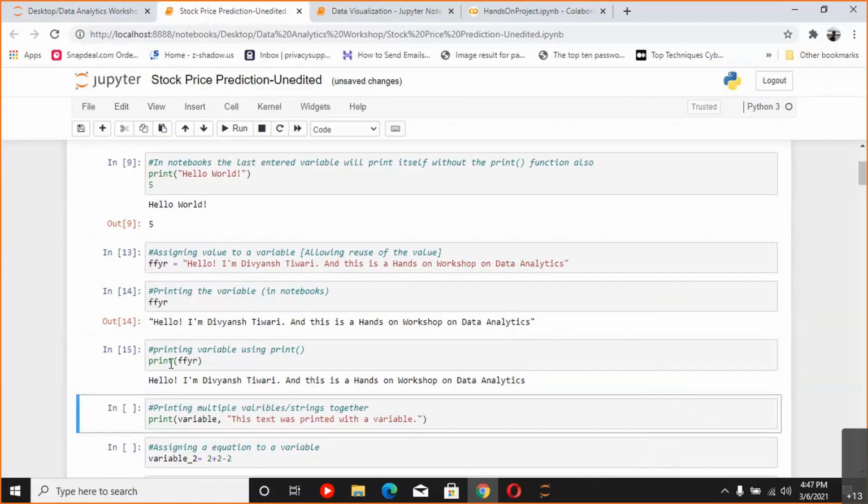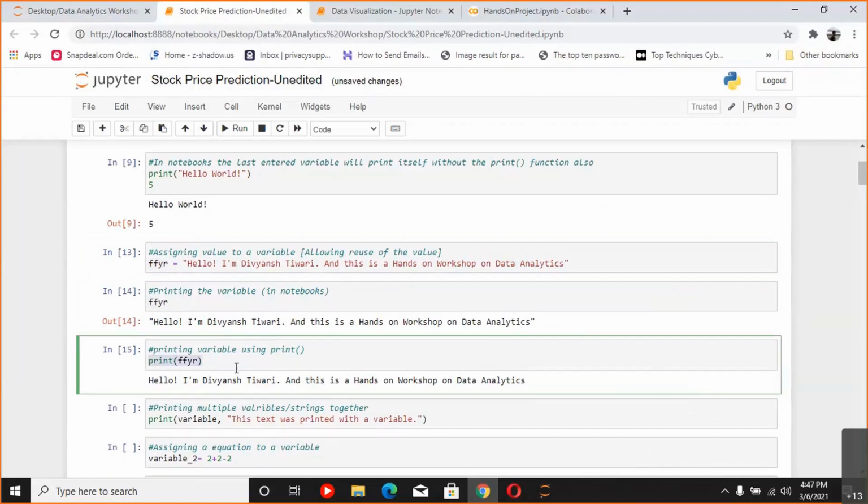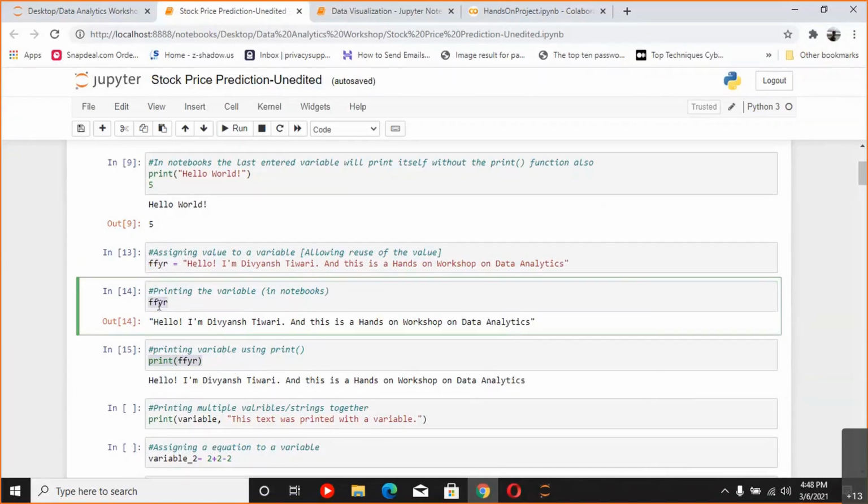One thing that you can see is, if I print it with the print statement, then it does not show the quotation marks, because the print statement knows that it has to print a variable's value. But when I write it directly, then it has to tell me what kind of variable I am printing. It is just printing the variable value that is being stored. So a string is stored, so it will return the inverted commas also along with it.